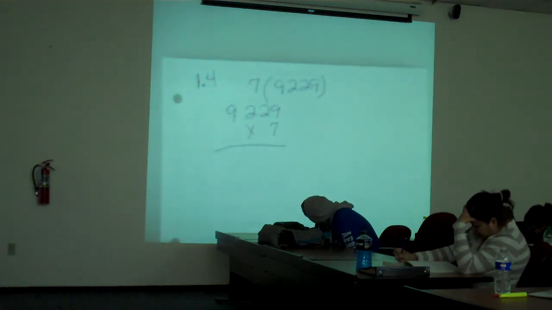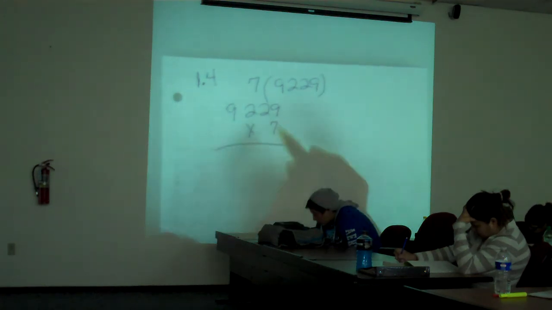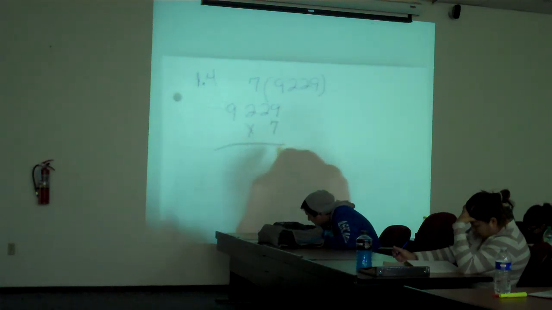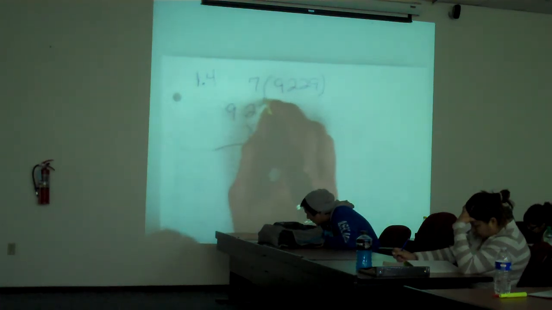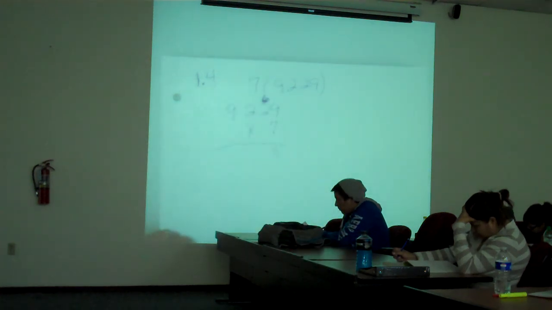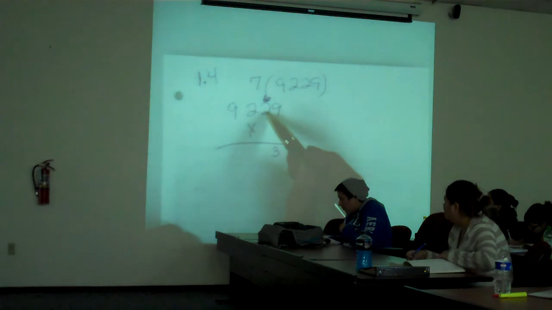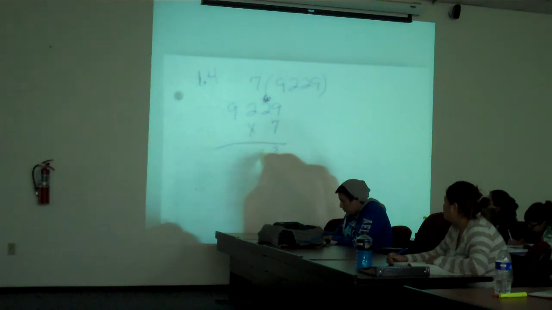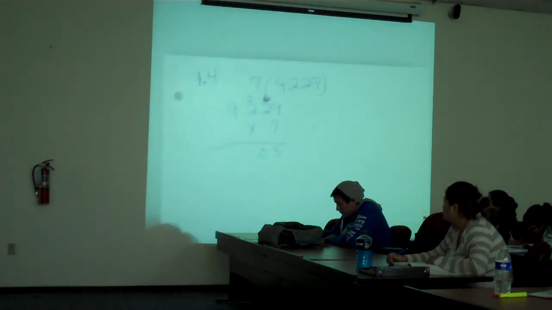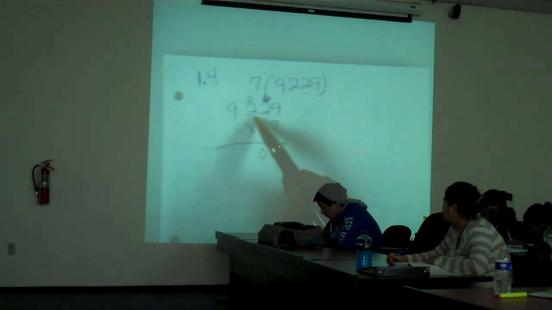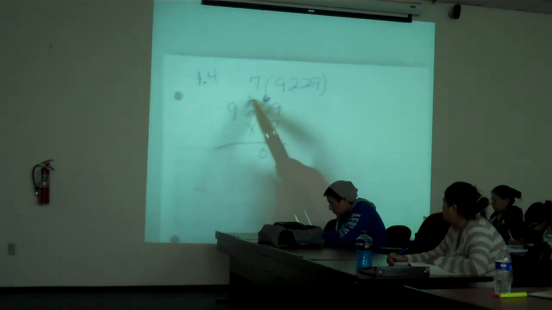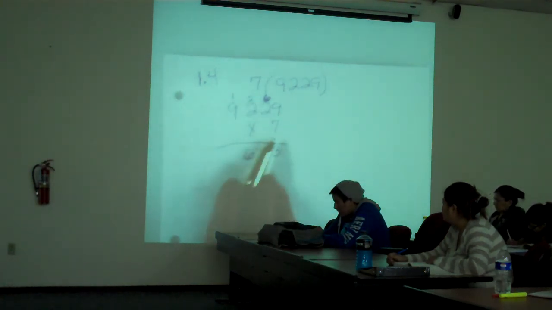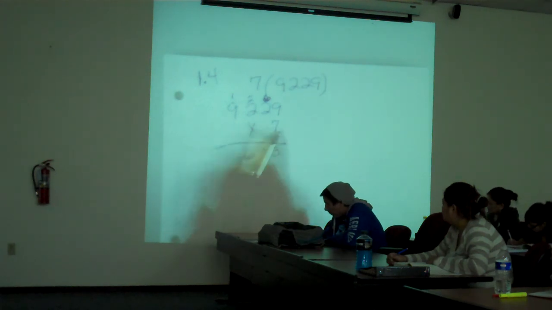Since this is a single digit, you're going to just have one line. I want you to show when you carry those. 7 times 9, 63. Put the 3 here, carry your 6. I need to see that you're doing this up here. Okay, 7 times 2, 14 plus 6, 20. Okay, 0, carry the 2 for 20. Okay, 7 times 2, 14 plus 2, 16. Put the 6 down, carry the 1. 7 times 9, 63 plus 1,